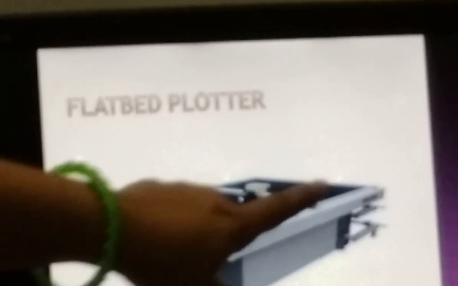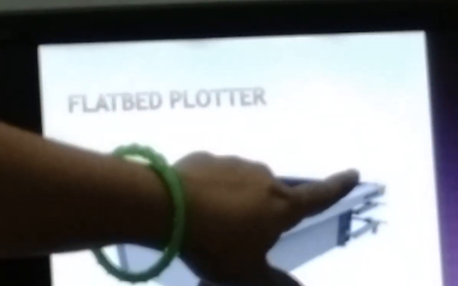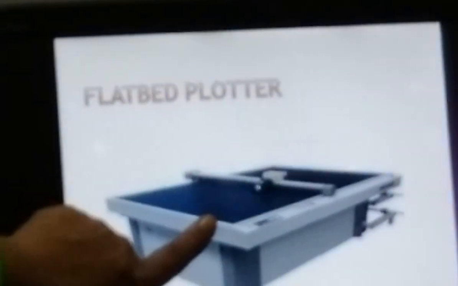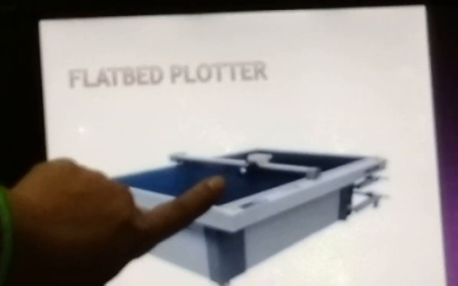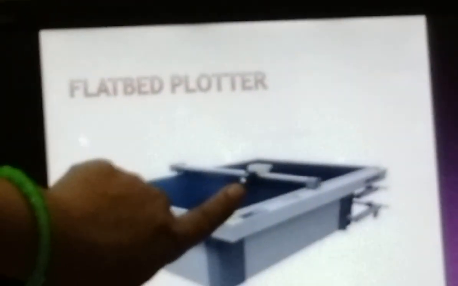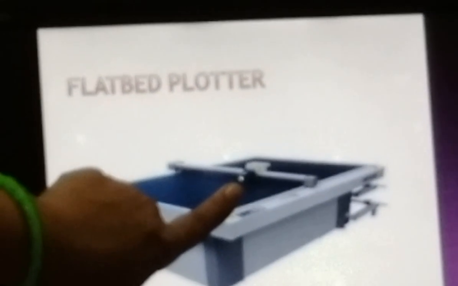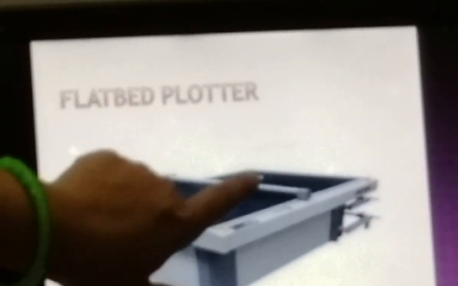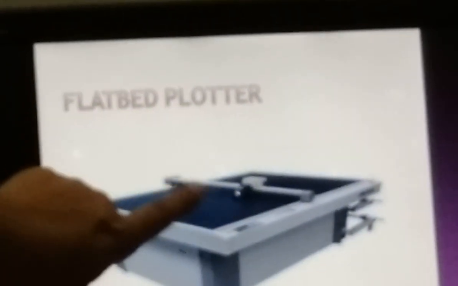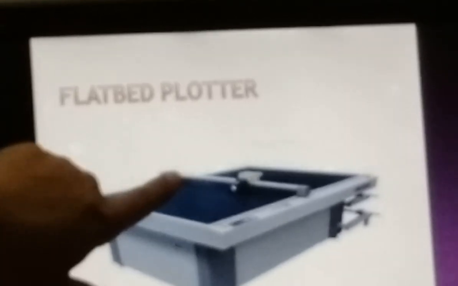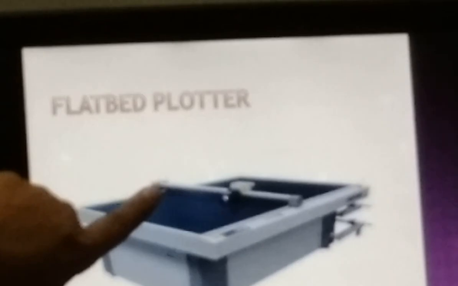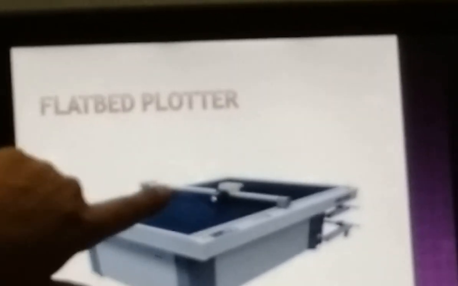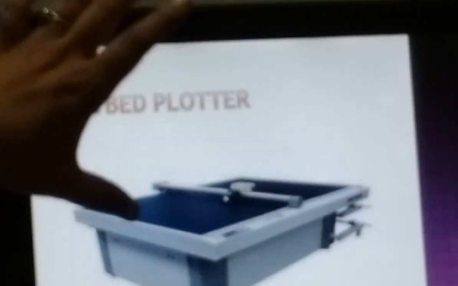What does this machine do? It will move from one end to the other end, and it will write data on your sheet using this hammer. We can call it a hammer. It scans your data. It moves on your sheet vertically and horizontally, and it will print the data on the sheet.